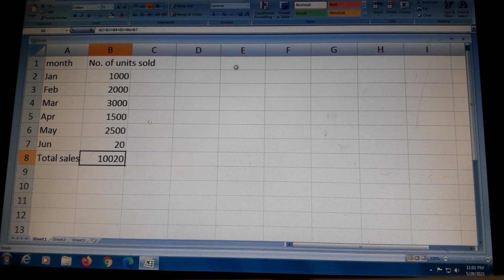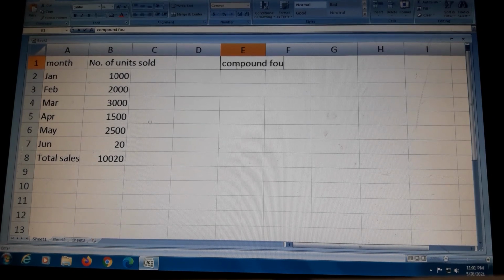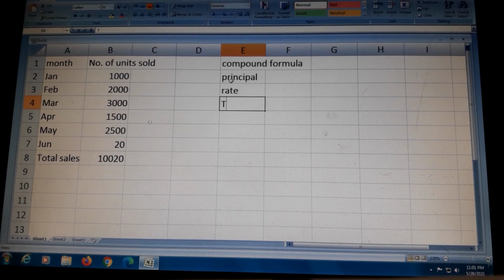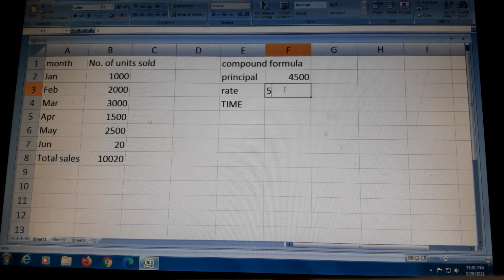Now next is our compound formula. In this formula we calculate simple interest. In simple interest we need principal, then rate, then time. Now next we enter, suppose, principal is 4500 and our rate is 5%.